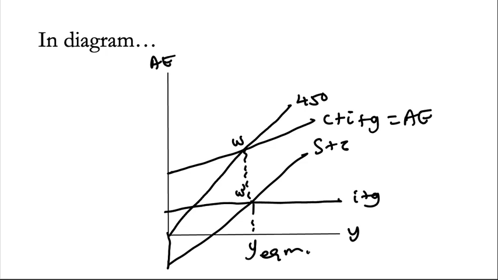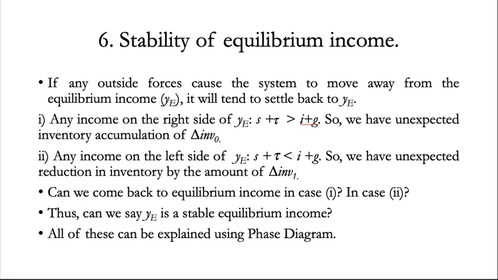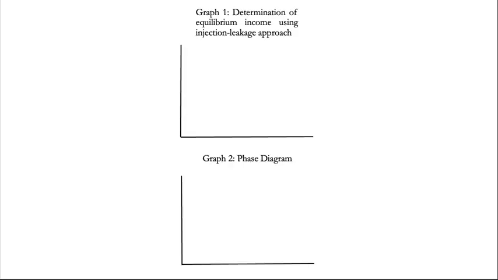Alright, now the next thing that we want to look at is the stability of equilibrium income. The stability of equilibrium income can be explained using a graph. So this is the frame of the graph. In the first graph, we have the determination of equilibrium income using the injection-leakage approach. So we have real income here, we have aggregate expenditure here. Sorry, not aggregate expenditure. Yeah? We have